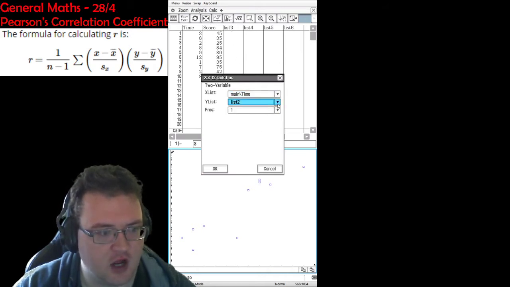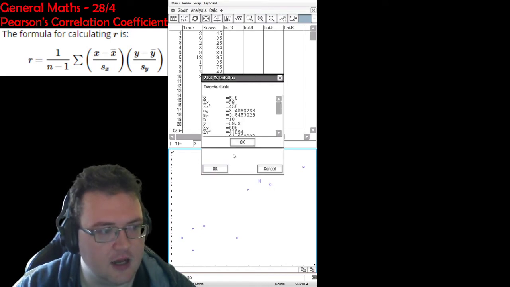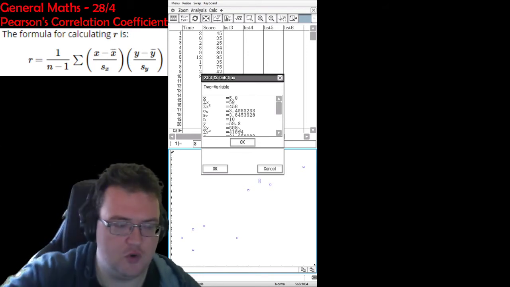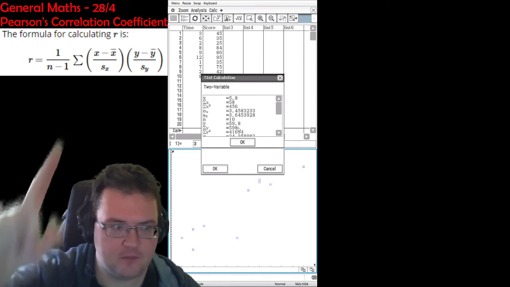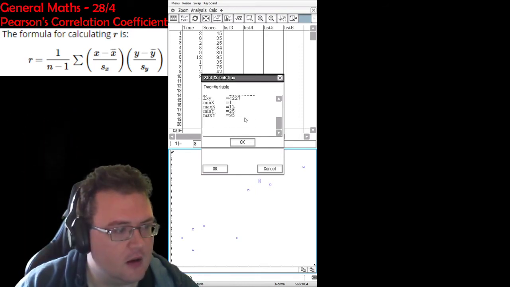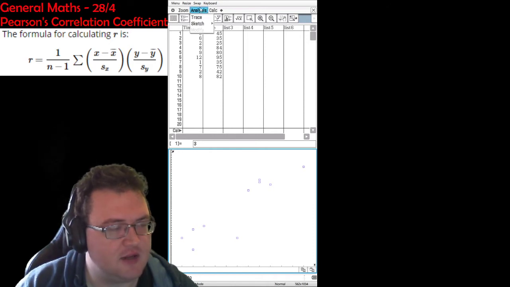And I make sure that I have the correct lists. I hit OK, and that gives me a series of data about the average X value, average Y value, which you would then use to do Pearson's above me. And then to calculate Pearson's,